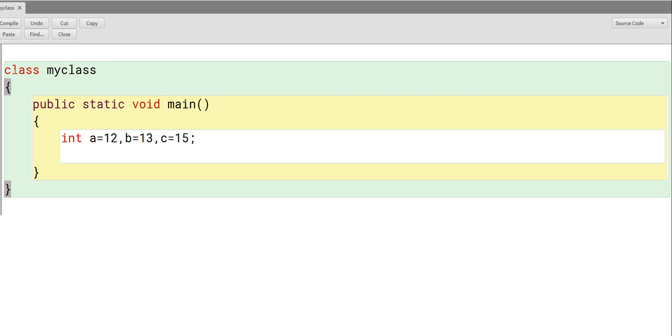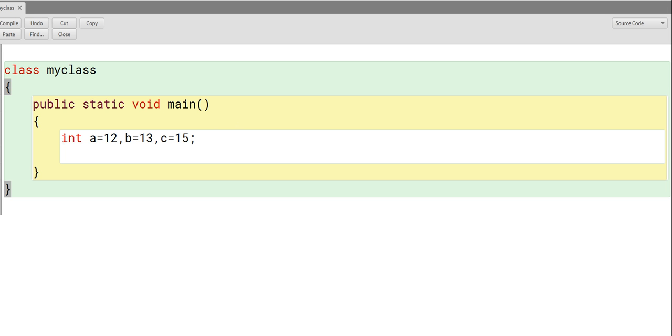First of all, the program should be defined within a class and the class should have a name. For example, in this case, the class name is my class, and within a class you have to declare the method. So a method main is required to execute your program. This method structure is public static void main. Its name is main, and some other keywords are already declared along with the method, having their specific use. This we will discuss later on.